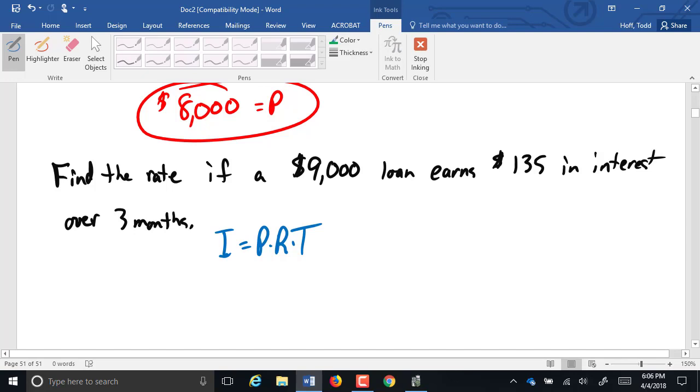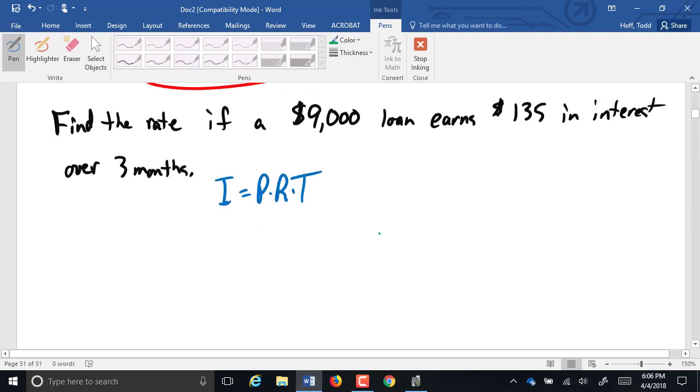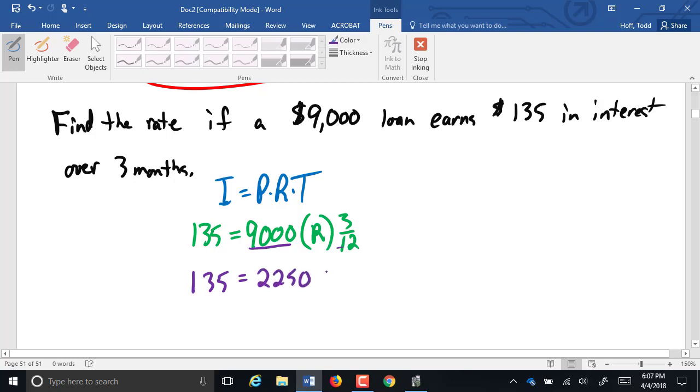So if I equals PRT, what goes in for I? 135. What goes in for P? 9,000. What goes in for R? R. What goes in for T? 3/12. Very good. Now we combine. 9,000 times 3/12 is what? 2,250 times R. And then